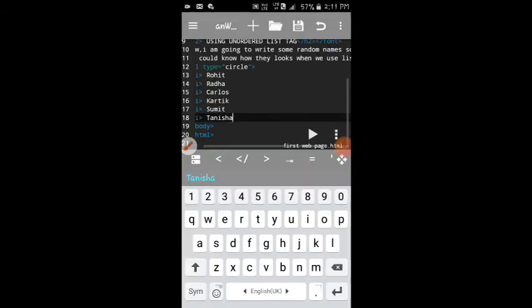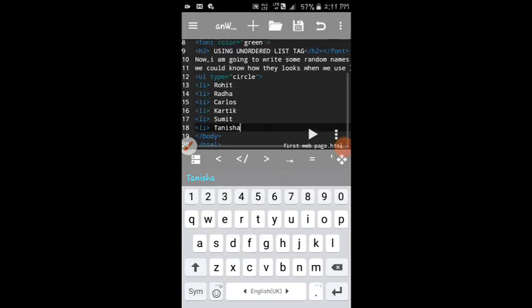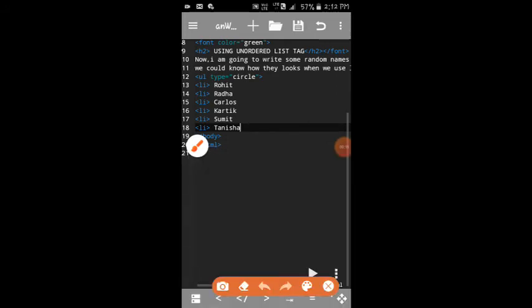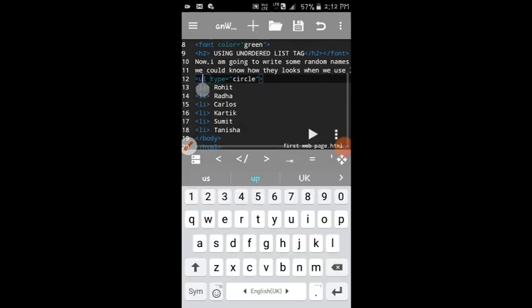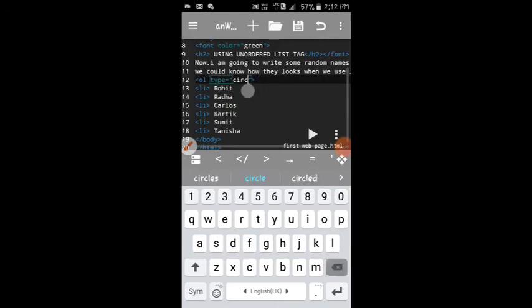So guys, here we are completed with our unordered list. So now let us talk about ordered list. Ordered list and unordered list don't have many differences, just at the place of ul you have to write ol. So at the ul place you just have to write ol. Now let me write ol, and the attributes are